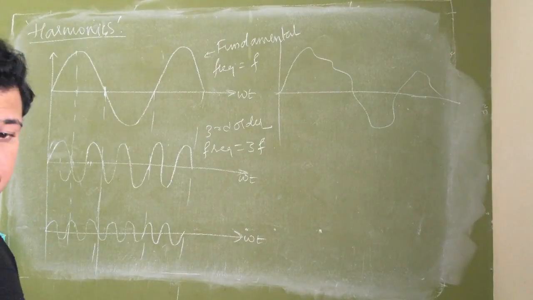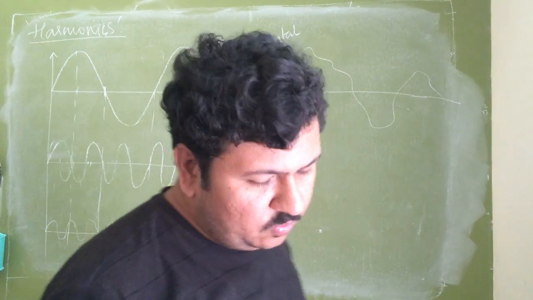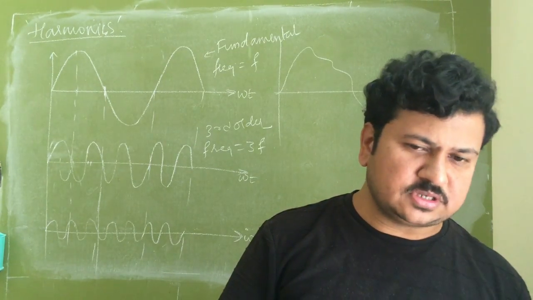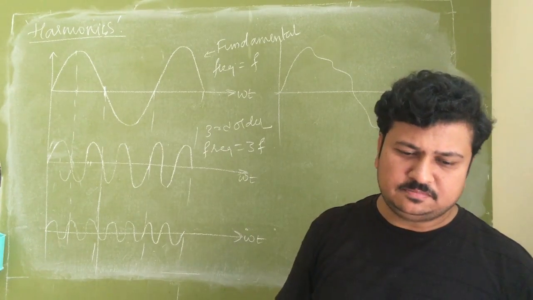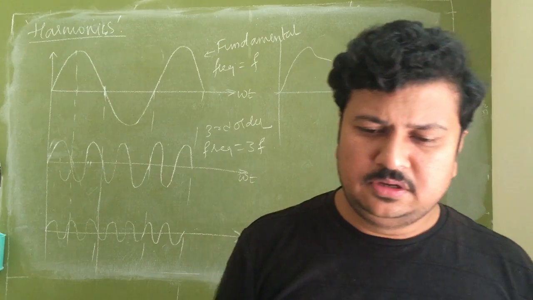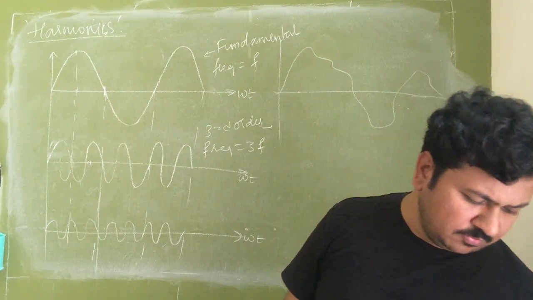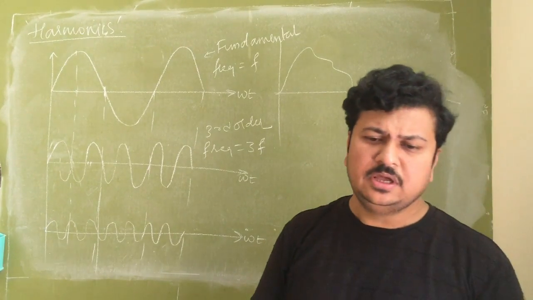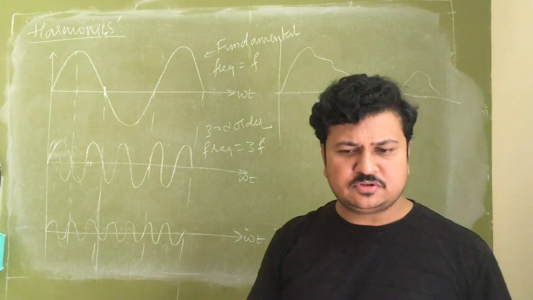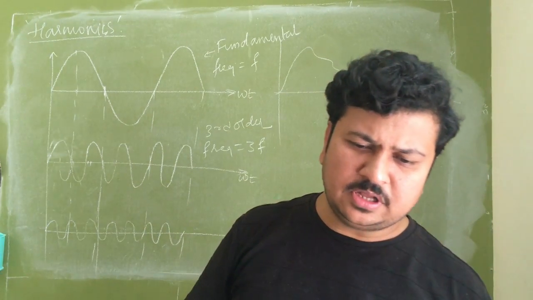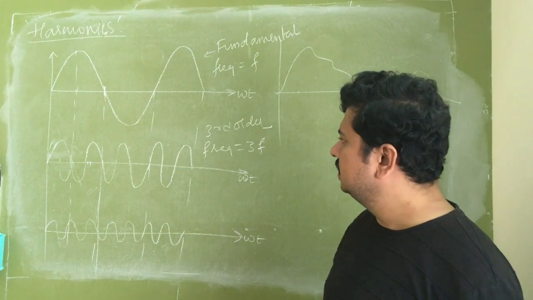Now, how these harmonics are affecting, we will see in tomorrow's class. Tomorrow at 8:30 we will discuss how these harmonics play a role in the performance of the induction motor. Then we will go with the design of the rotor. Once we understand what happens with harmonics, the design of the rotor is almost finished. We only have to follow the guideline and select the number of slots. That's it. The next part we will see in tomorrow's class.